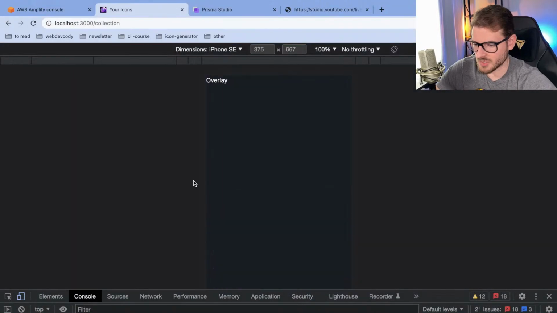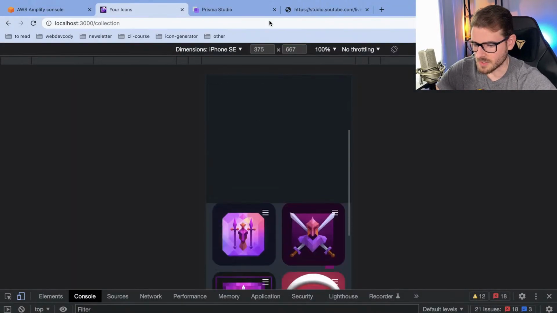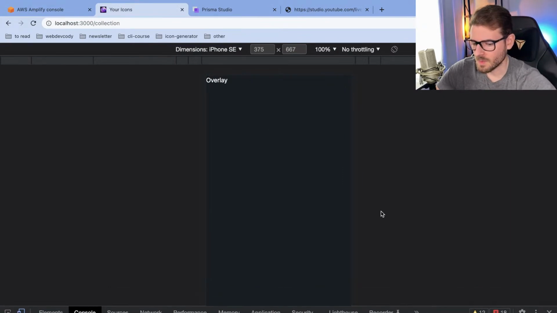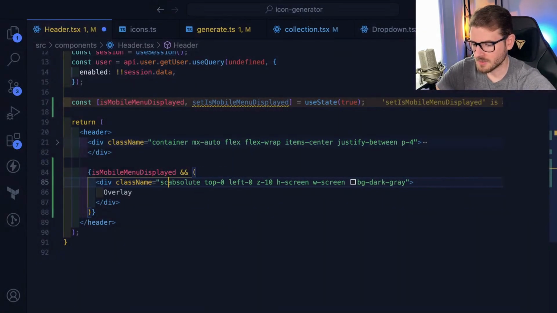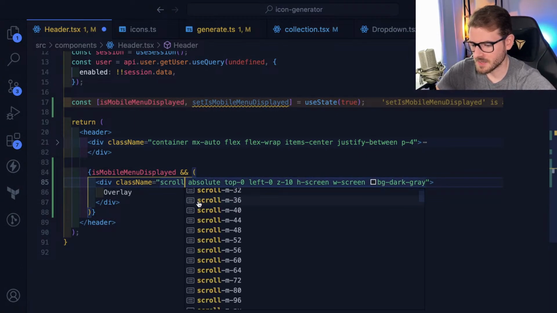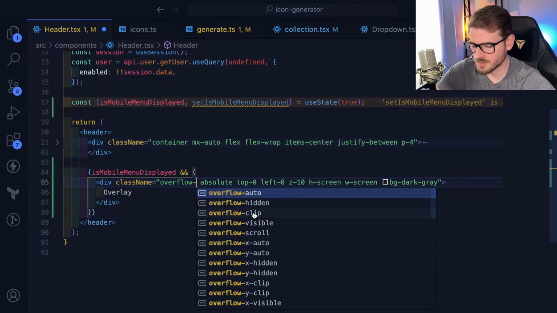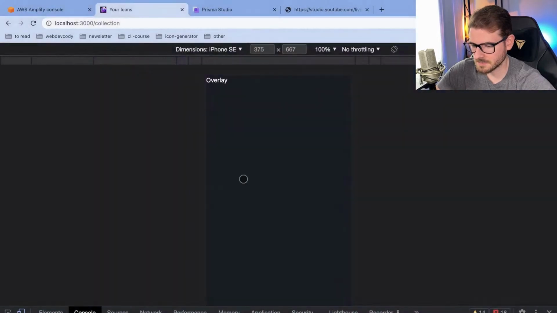All right, so I'm trying to get this overlay to take up the whole screen. We probably want to say like scroll. I should probably just find an actual framework that does this. I don't know why I'm doing this myself. I guess it's more fun to do it yourself, but